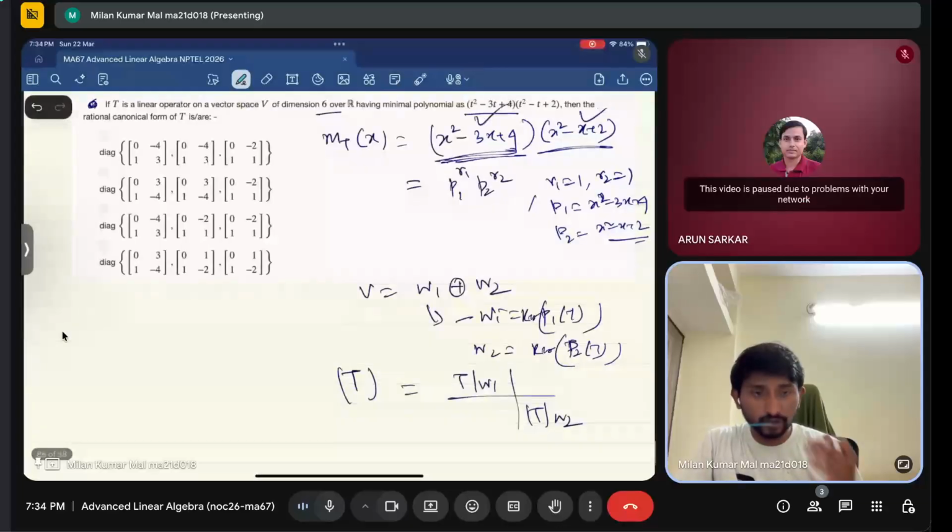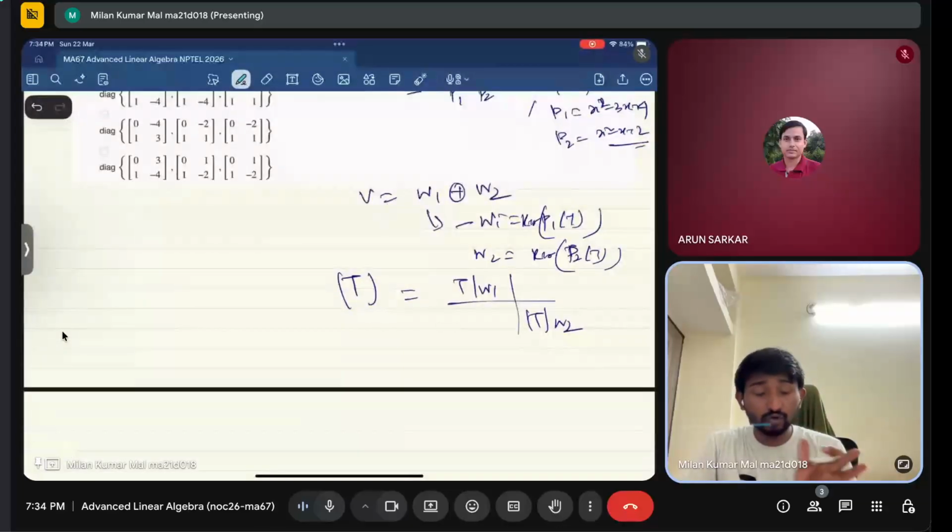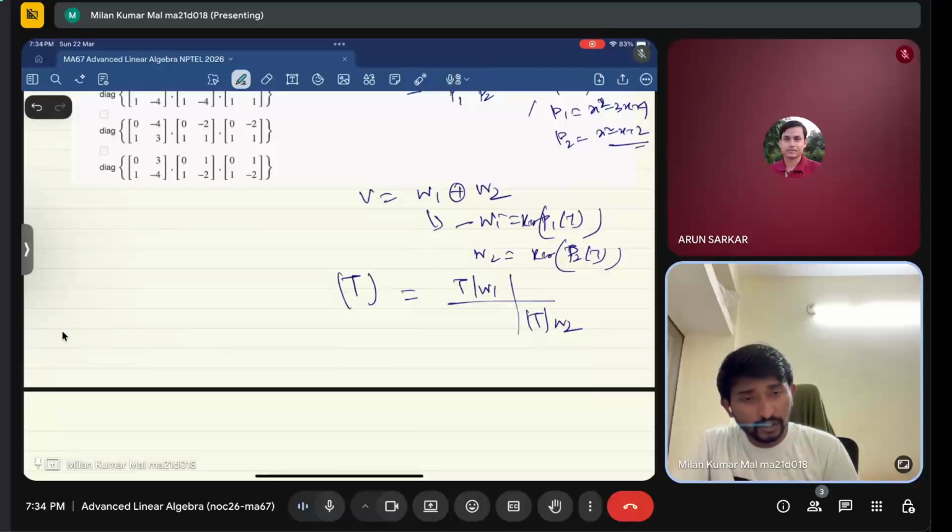And we can't decompose it. Now let's go to the cyclic decomposition theorem. If I go to the cyclic decomposition theorem, we will be able to decompose these spaces into further spaces,